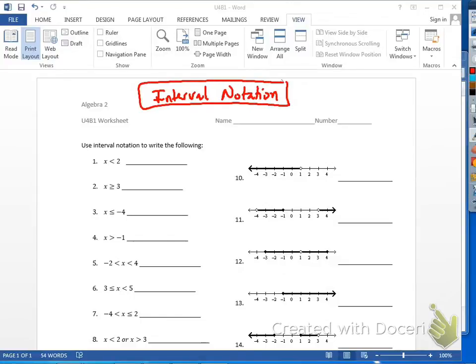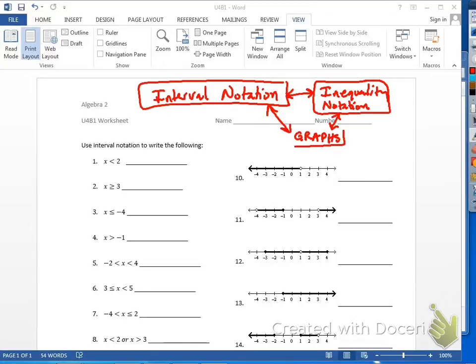And what I want you to do is be able to go back and forth between interval notation, inequality notation, and even graphs. Okay, so let's start off here with